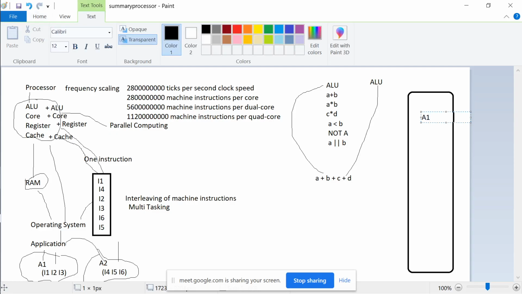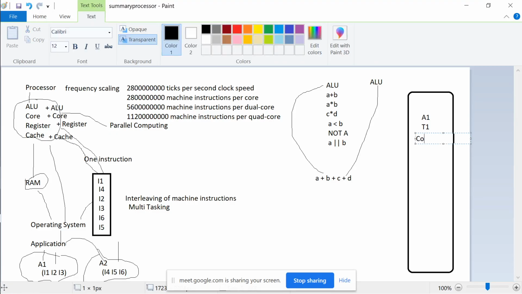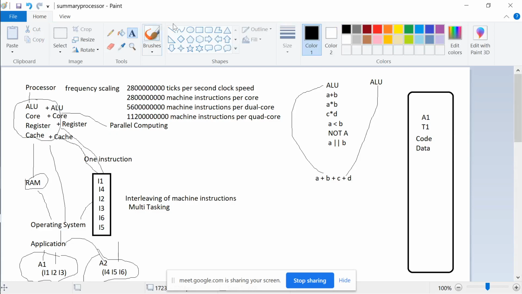As I told you, any program, so let's say I have an A1 program over here. The A1 program starts with a process. And how does the process begin? The process begins by creating a thread, and it will have two parts: a program, that is a code part, and the data section. So this is your application 1, which is code part and data part. It doesn't look good, so let me draw a line.